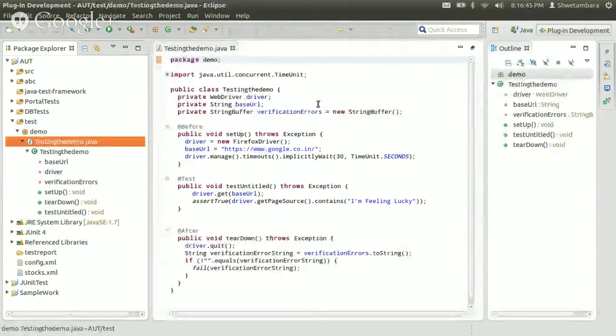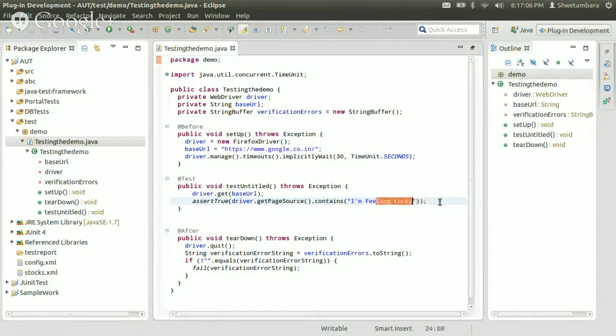What I'm trying to do is go to www.google.com and see if that page opens up correctly. So we all know that it has two options of Google search, and I'm feeling lucky below the search tab. And so that is one test I'm trying to do, that if I'm feeling lucky, then okay, I'm actually getting lucky with the test. And so what I did is started with the JUnit